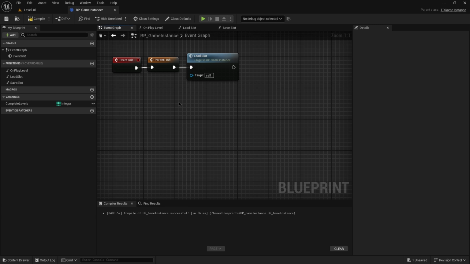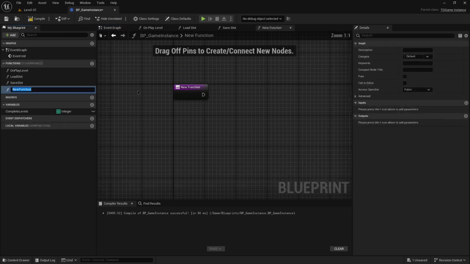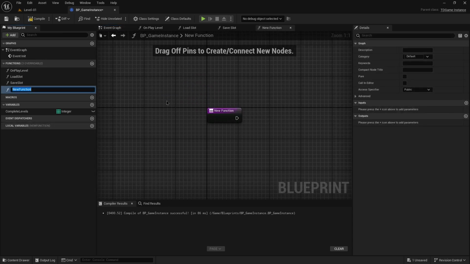So thanks for watching, and I'm just kidding. We have the save logic, but we need to hook up the functionality to a few other areas to make it all work together. We'll start by creating a few more functions in our game instance. On play level,